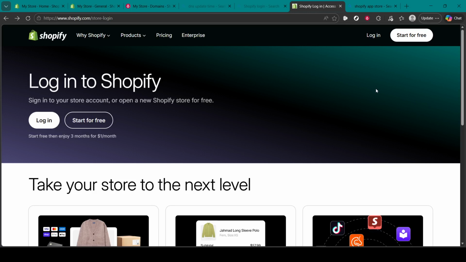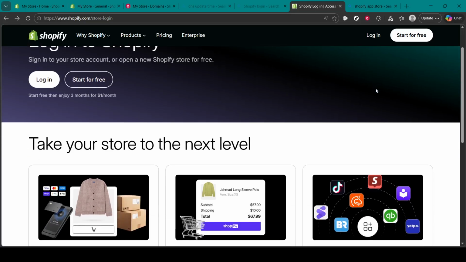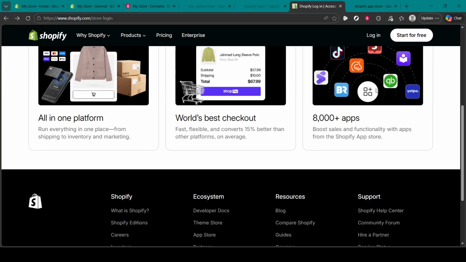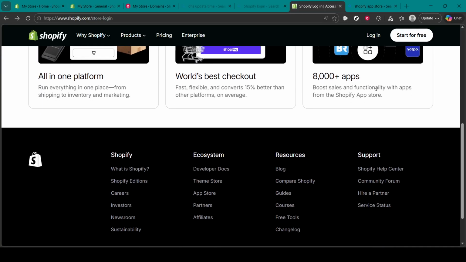When you're ready to try again, head to the official Shopify login page for store owners. Make sure you're on the legitimate Shopify site before entering any credentials. Using the correct login page ensures you're signing in securely and helps you avoid phishing pages that look similar but